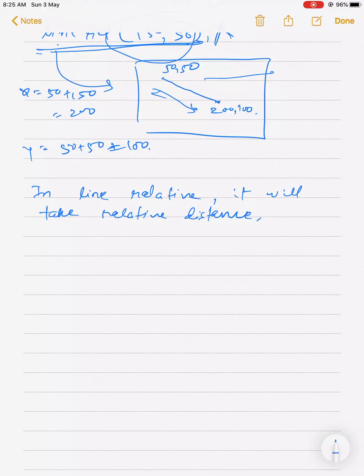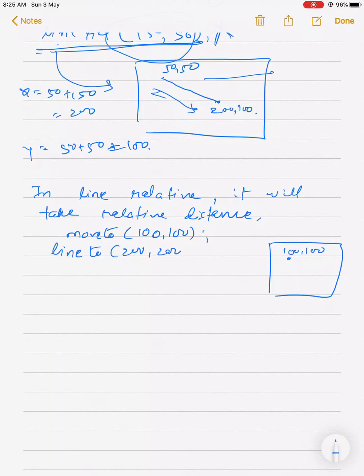What do you mean by relative distance? Relative distance means, for example, if you write: move to 100, 100. So in the output screen, the cursor will reach some point 100, 100. Now if you write line 2, 200, 200, then line 2 means it will go like this.